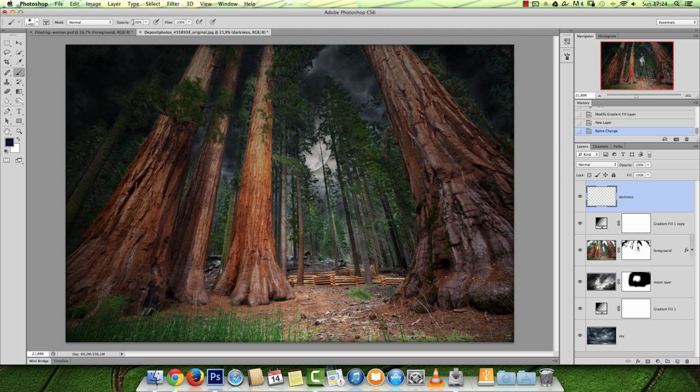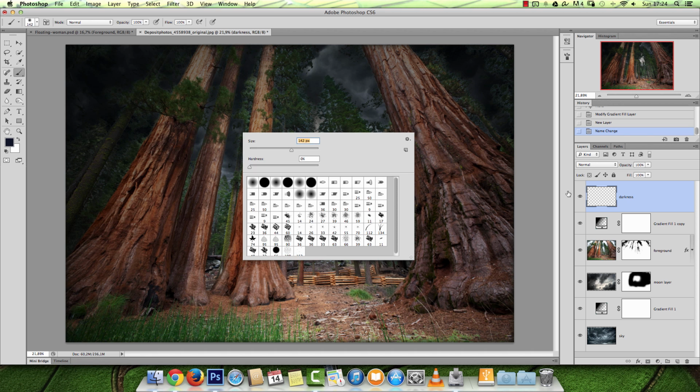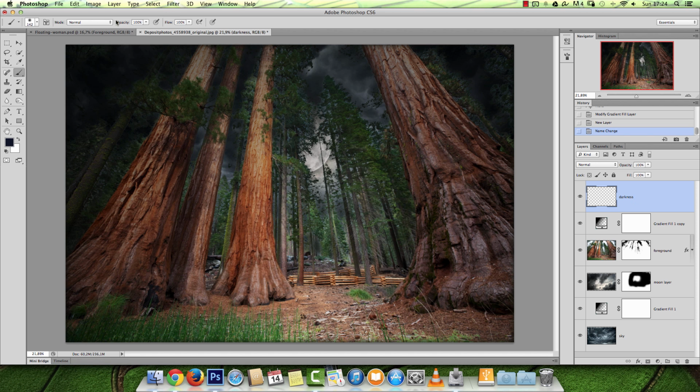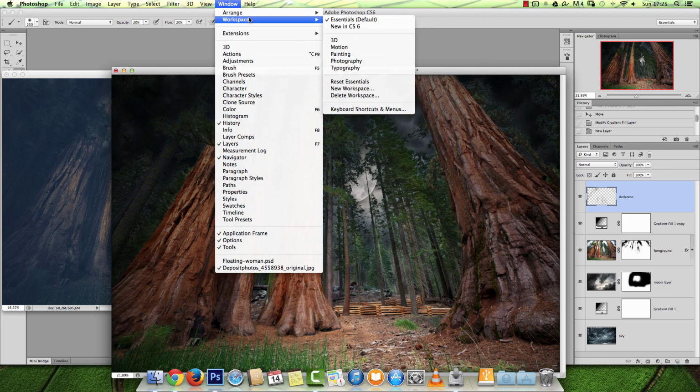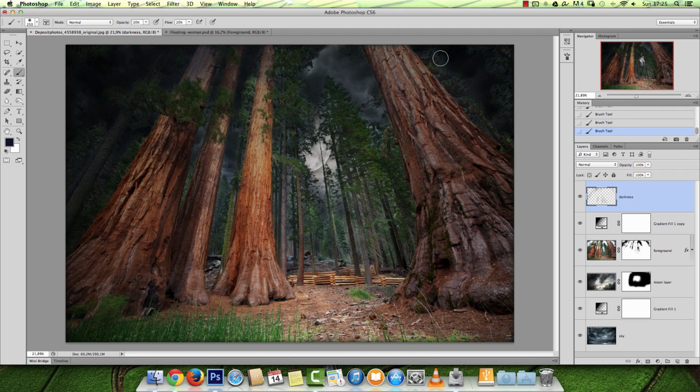On this layer I will paint with the brush tool. I'll use a really soft brush, and I'll change the size as I paint, and then decrease the opacity and flow to about 20%. We'll see, maybe we'll change it. And with this brush tool, just paint around here. Of course, we want the background, the far end of the forest, to be darker than these big trees here. Also the top part of the trees, make it a little